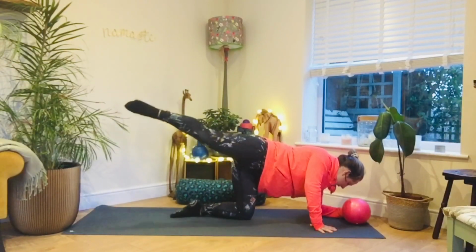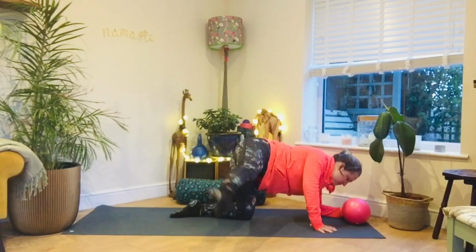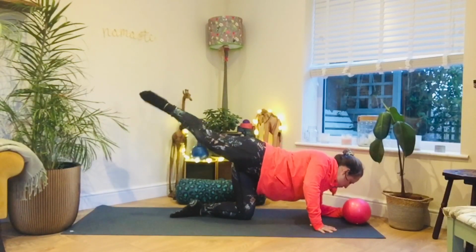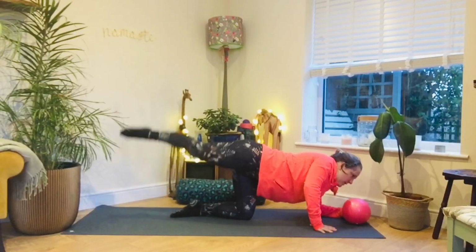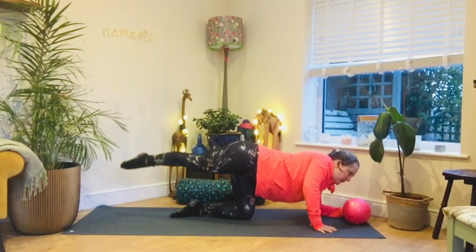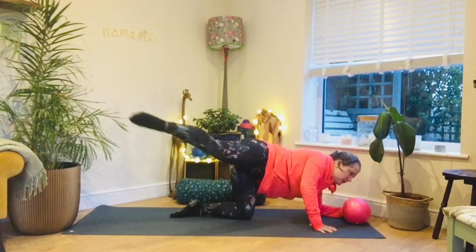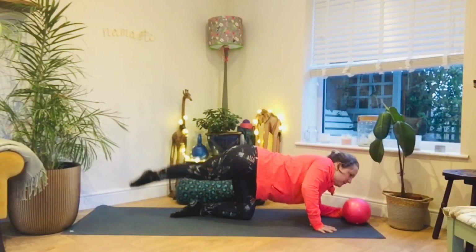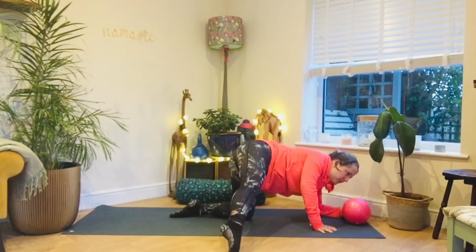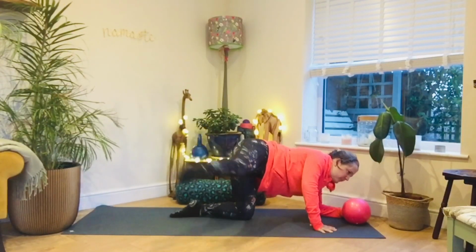So keep your gaze looking down to the floor once you know what I'm doing. Once you've looked at me, you've seen what I'm doing, turn your gaze down to protect that neck. Round to the side, tap. And back. And tap. And back. And tap. Back and tap,